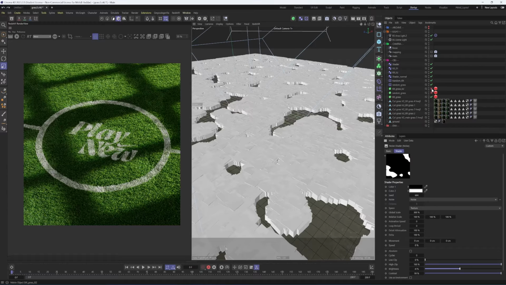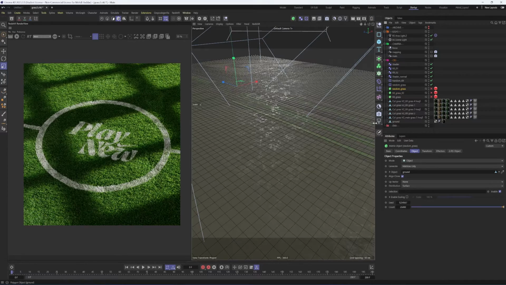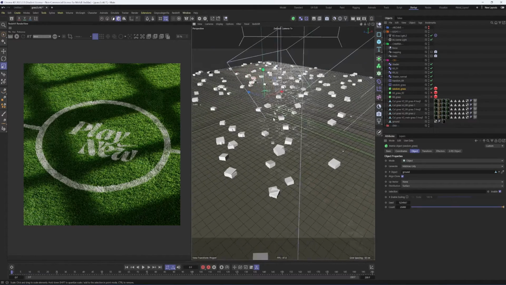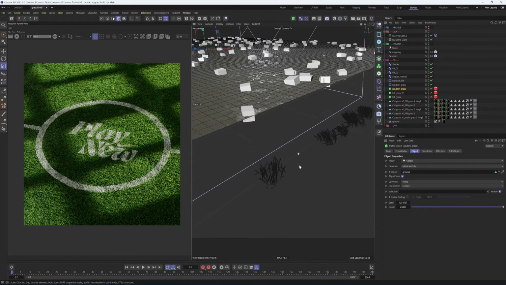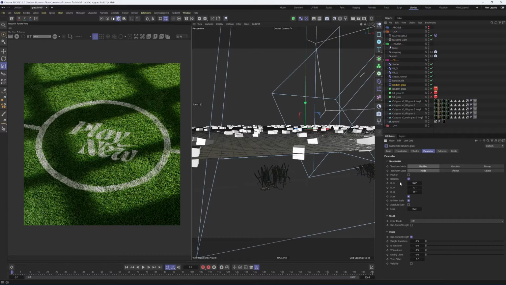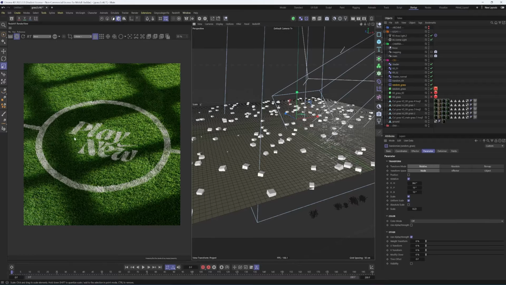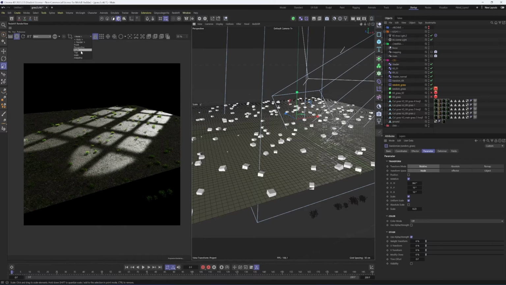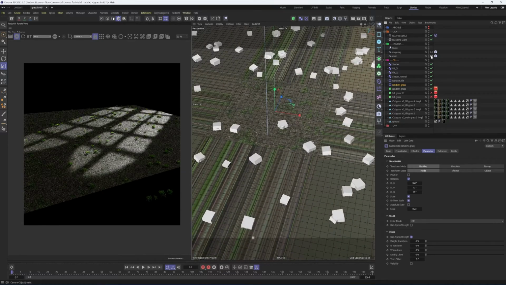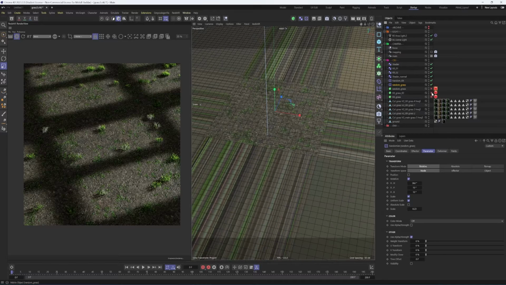I will disable my 2 tilt grass, and on top of it I have added some random grass here. So it's that one, it's a straight one, and I have used a different random. It's the random grass where here I've put 360 on 10 degree, 10 degree, and 0.23 scale. If I enable my render view and I go back to my camera, you will see that this is my random grass. This is my second tilt grass,